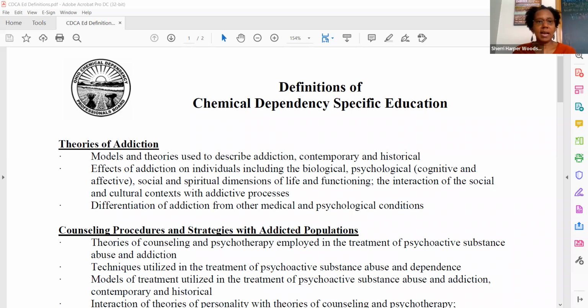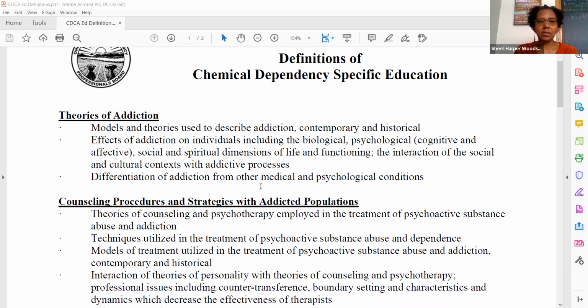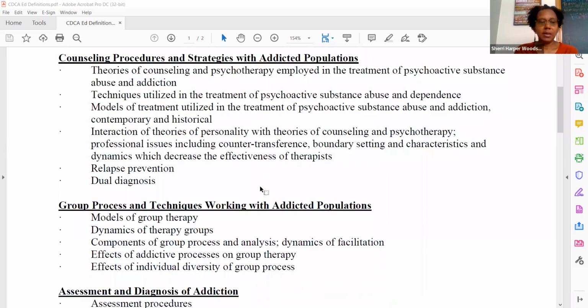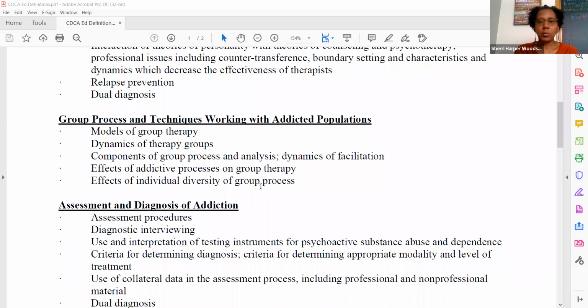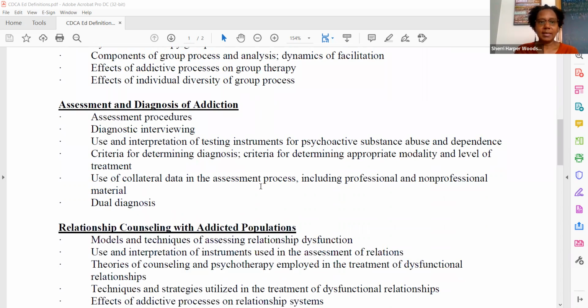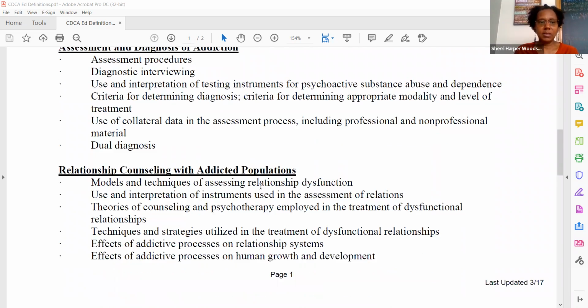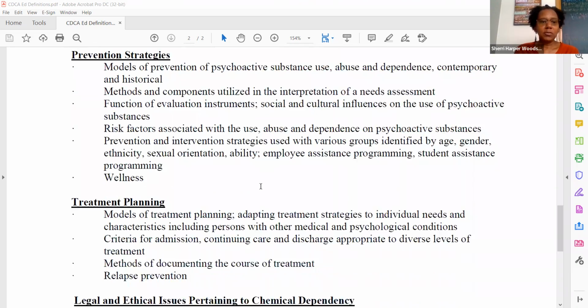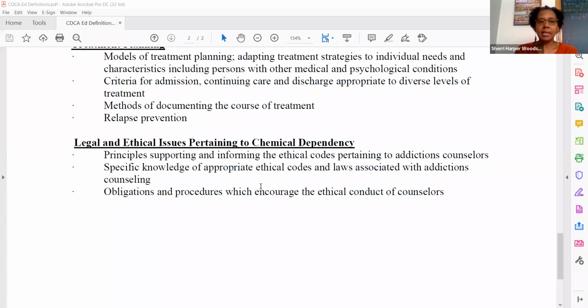Within the Chemical Dependency Counselor Assistant Licensure, you're required to have 40 hours of training in chemical dependency specific education content areas. Those areas include theories of addiction, counseling procedures and strategies with addicted populations, group process and techniques working with addicted populations, assessment and diagnosis of addiction, relationship counseling, pharmacology, prevention strategies, treatment planning, and legal and